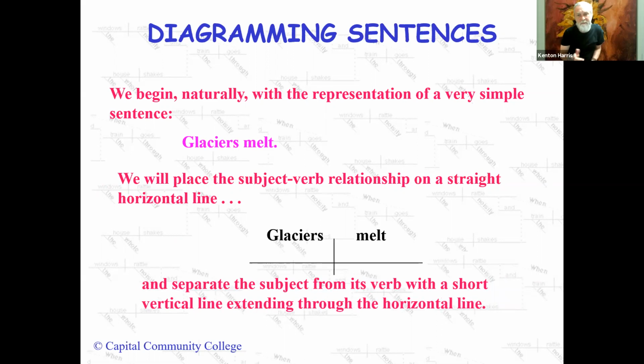Vertical line. Now he's done it a little bit out of order than I would do, right? But then step 1, glaciers goes on the left-hand side. That's rather step 3. And step 4, the verb goes on the right-hand side. And we're done, right? Why? Well, because every word in the sentence has a place on our diagram, and we know what every word in the sentence is doing in the sentence. And so now we have visually depicted the structure of the sentence. Again, it's very simple, but it works.